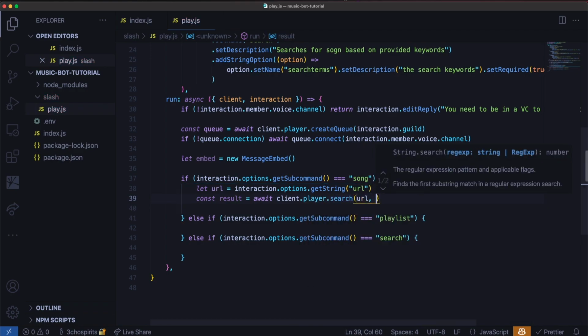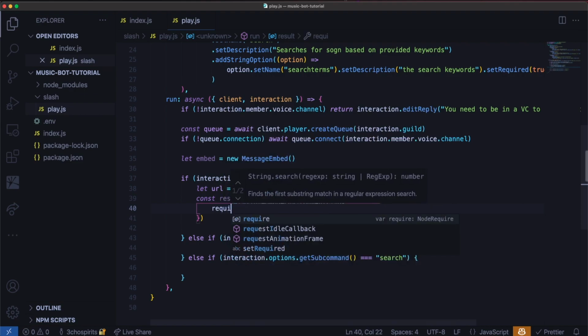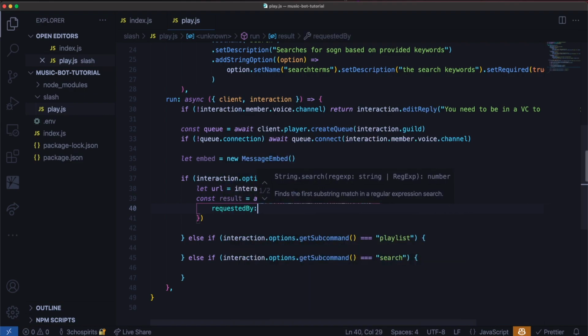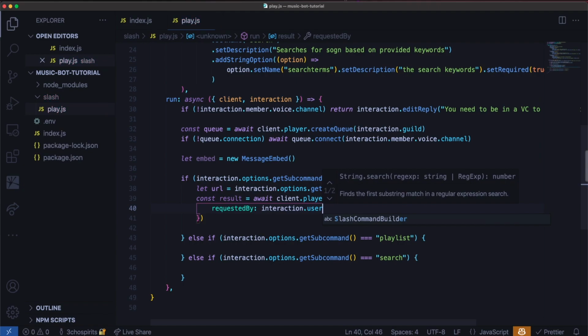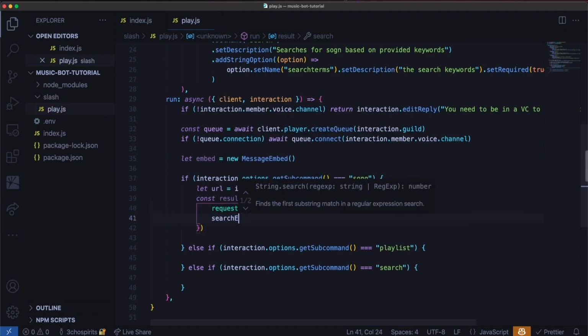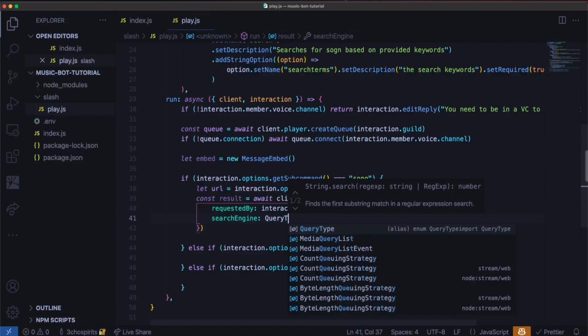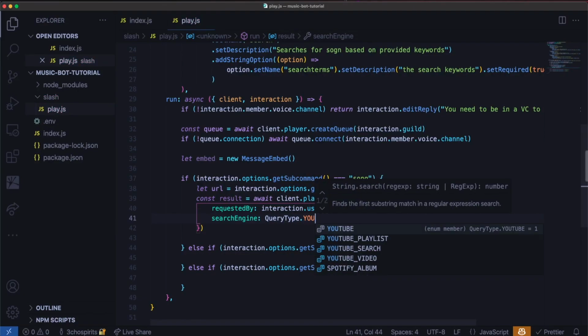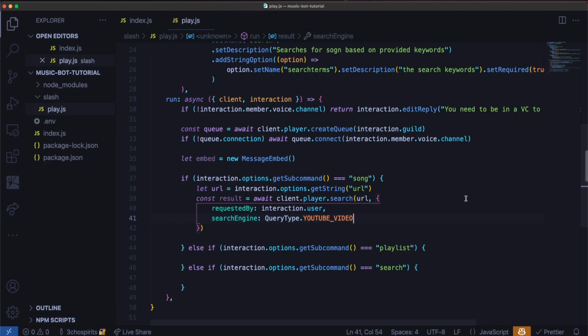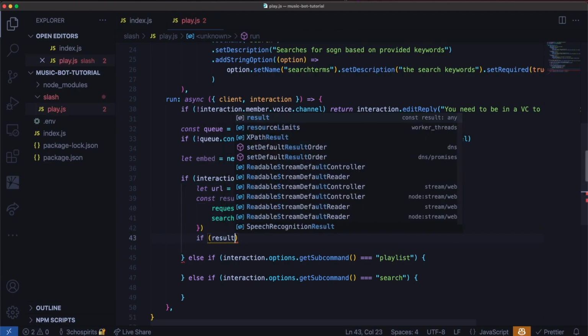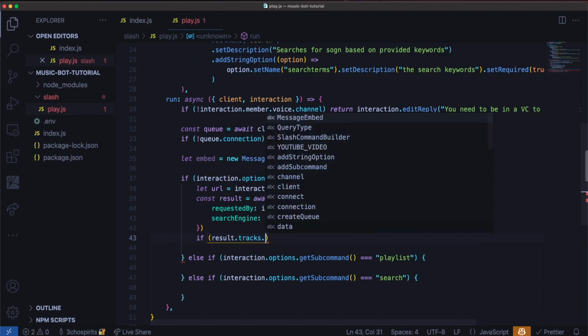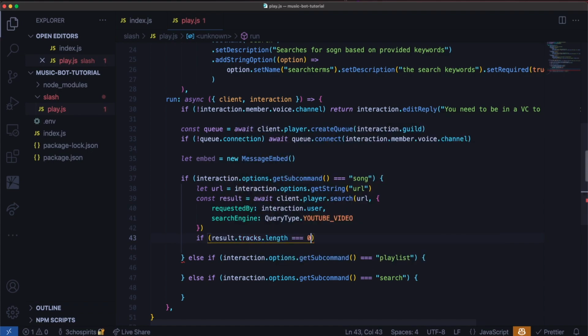client.player.search, we'll pass in the URL information. We'll specify that this was requested by the interaction.user, and the search engine that we'll be using is a YouTube video, since we're actually looking for a singular video. And if the result of the tracks is 0, so all the results will be returned in an array called result.tracks, and if that array is empty, which means its length is 0, that means we haven't found